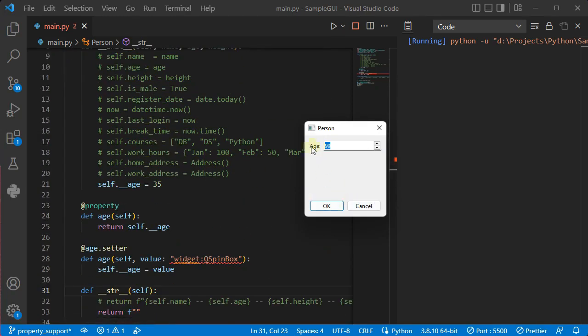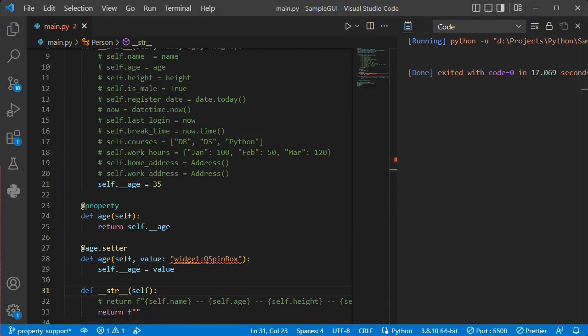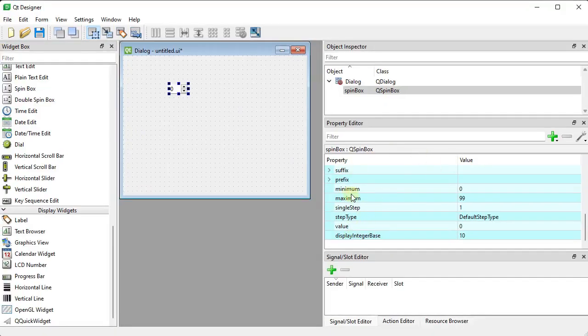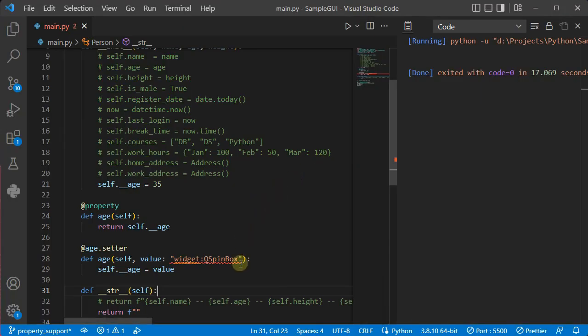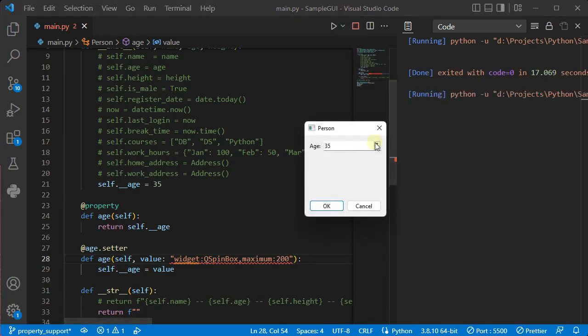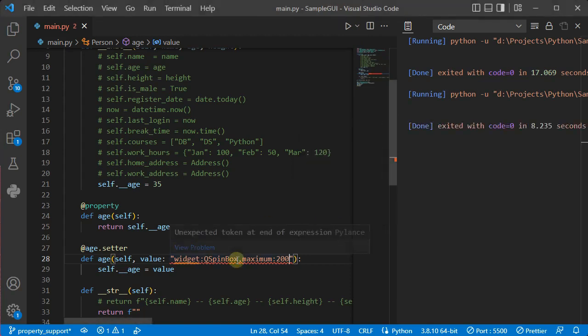So how can I change this parameter? You can use all of these parameters inside that annotation string with the same notation. For example, here we have camel case, so you should use camel case also in that notation. Here I'm going to change the maximum number. You put a comma, it's comma separated values, and maximum, the name of the parameter, and then apply the value that you want to have. For example, I'm going to use 200. Now if I run the application one more time, you can enter a value more than 99, up to 200 also. So if I press OK, oh,